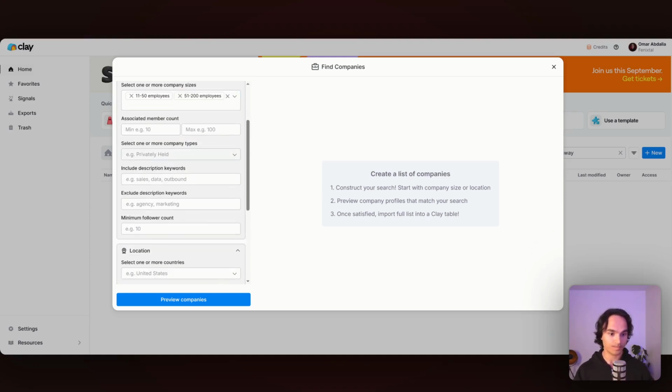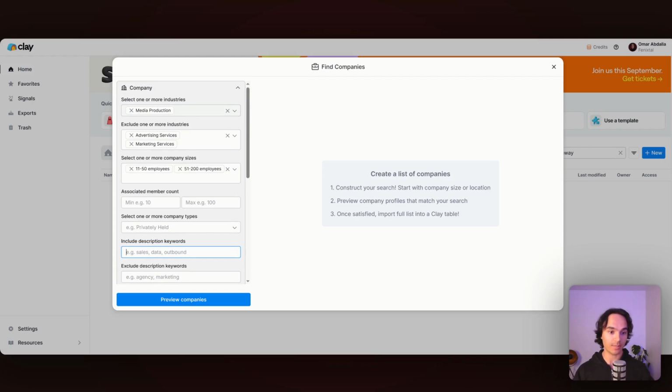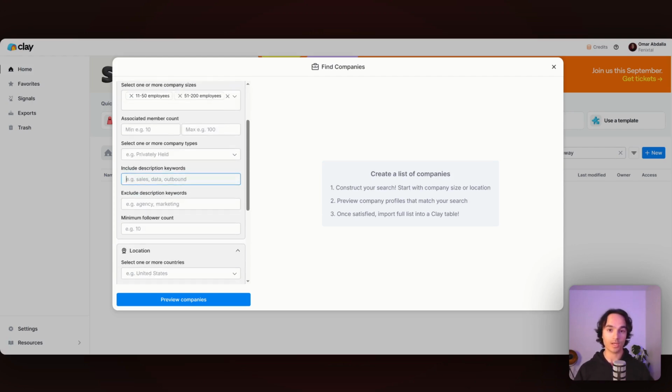You can also select company types. So if you want to target non-profits or educational institutes, you can do that here. You can select multiple of them. You can also include description keywords found from the website. So this is pretty interesting. So if you want to make sure that these media companies do podcasts as a service, we can do that. So podcast, podcast